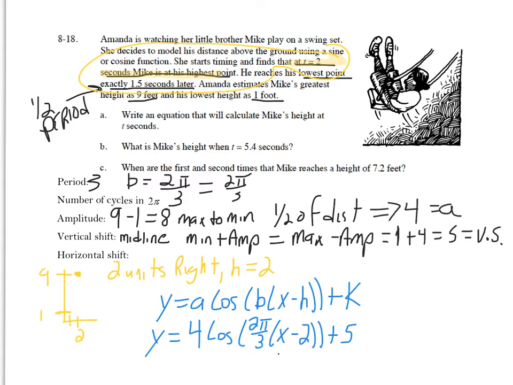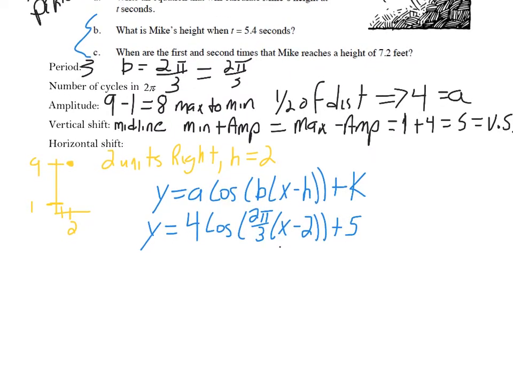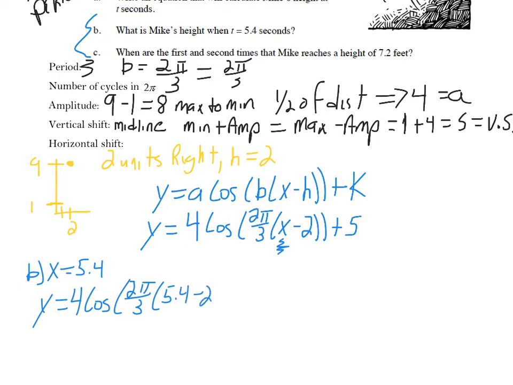So now let's use our equation to answer parts B and C. What is Mike's height in part B? What is Mike's height when t equals 5.4 seconds? Well, I used x and y. Sorry about that. What we're really saying is let x equal 5.4 seconds. So y equals 4 times the cosine of 2 pi divided by 3, times (5.4 minus 2),